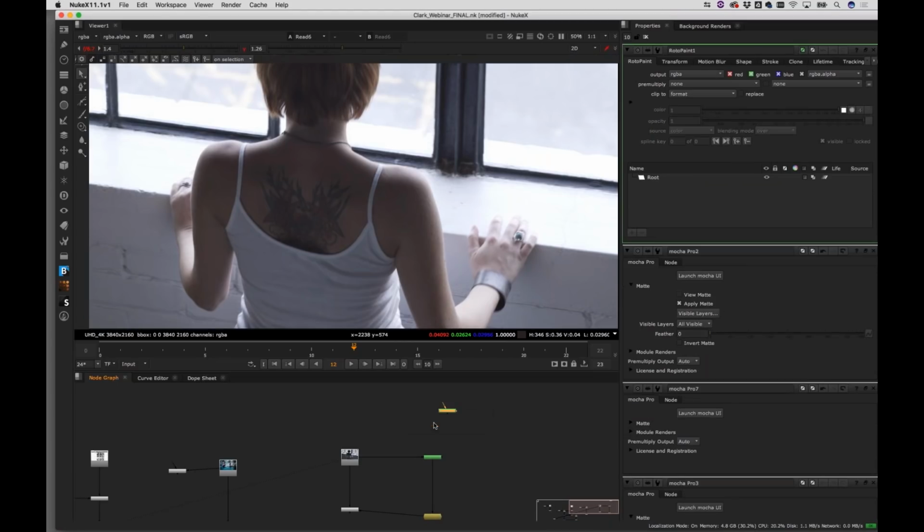Let's do it. Okay, so we have a Rotopaint tool, and let's say that I want to remove this. I want to paint this out, so I'm going to find a really good spot. I think 17 is really nice. Let's do 15. So I'm going to go over here and select the clone tool. Let's bump it up to